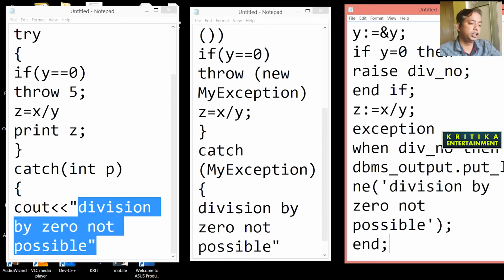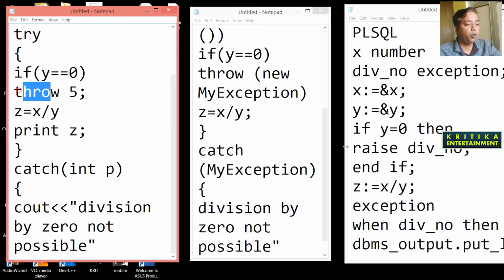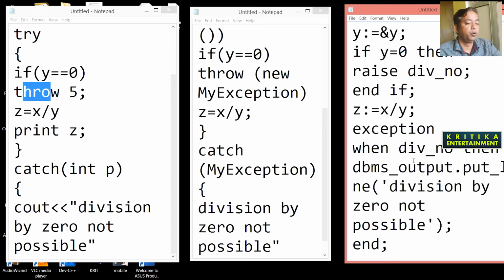I want to tell you again: instead of throw, in PL/SQL you write RAISE, and give the user defined variable div number, like I declared as the exception type. Then in the exception block you write WHEN div number THEN.